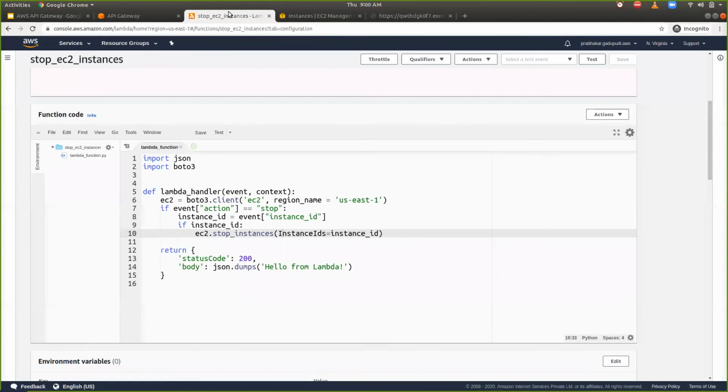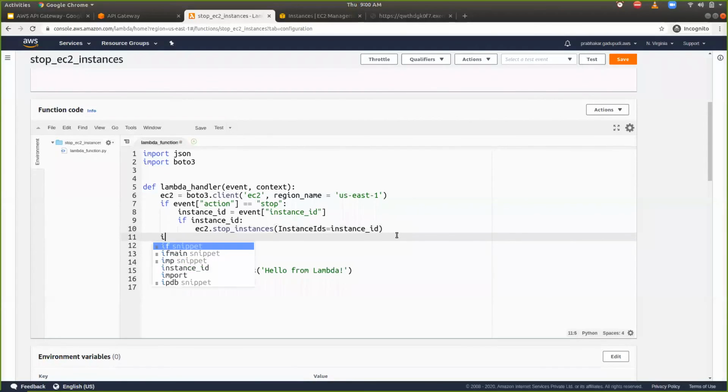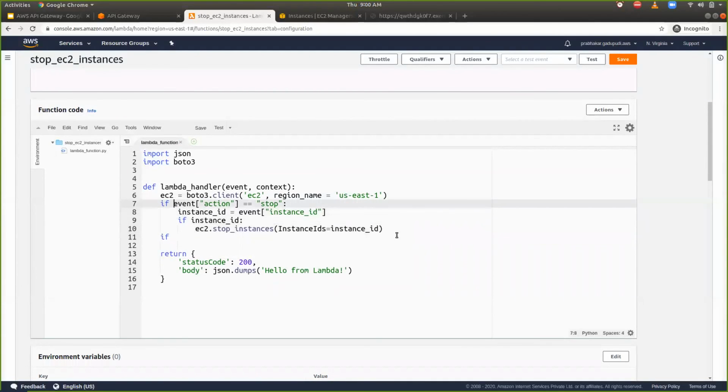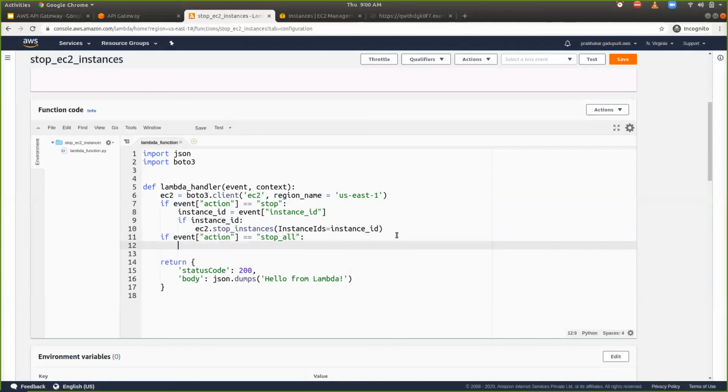Now I want to extend this functionality so that I can stop all the instances, irrespective of the IDs. I can copy this code block, and after copying, I can say if I pass the action as stop all, then I want to stop all the running EC2 instances irrespective of the provided instance IDs.